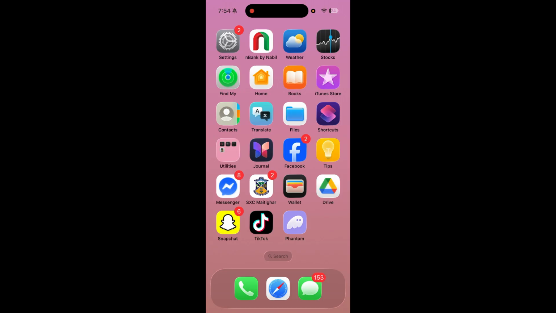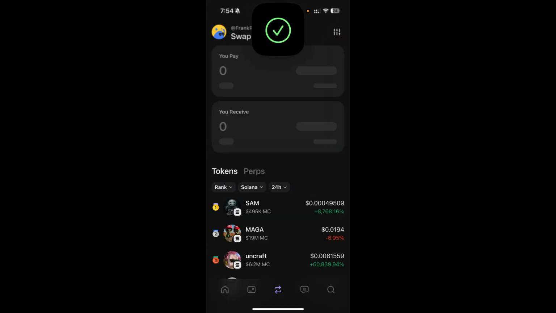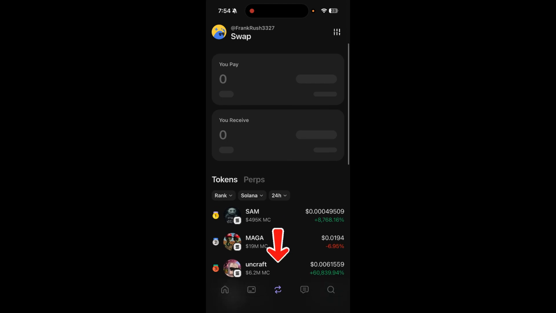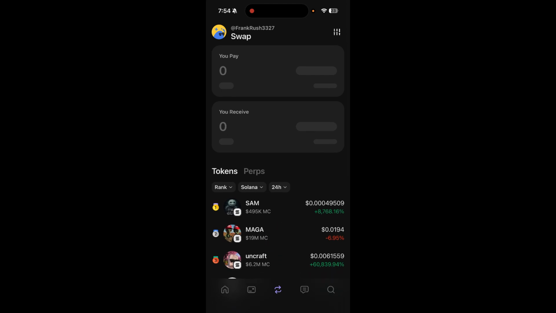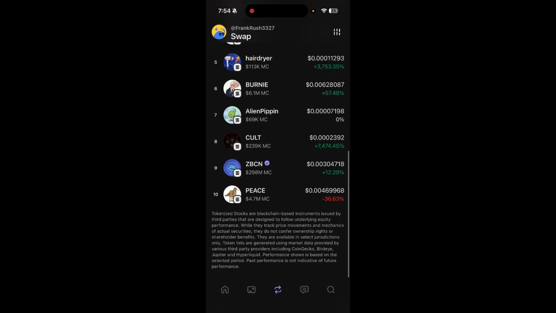So when you do have NFTs, Phantom shows them in a visual gallery format. First, you need to open your Phantom wallet, and you can simply open it with your Face ID or your password as well. After that, you can simply go to this swap icon and you'll get into this interface here, and under this token you can scroll a bit down,